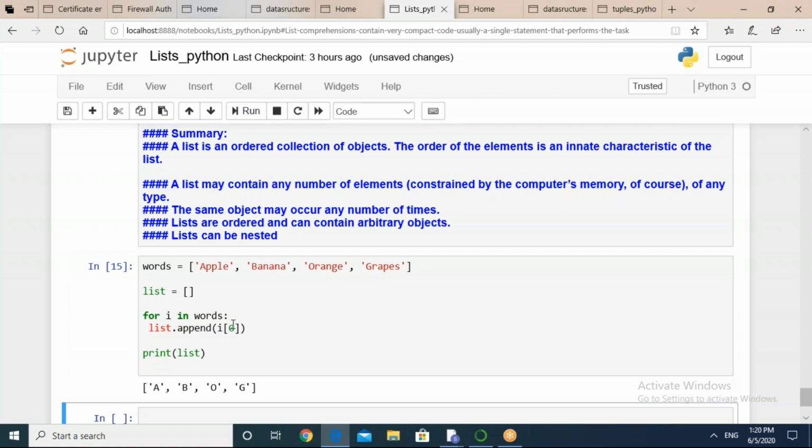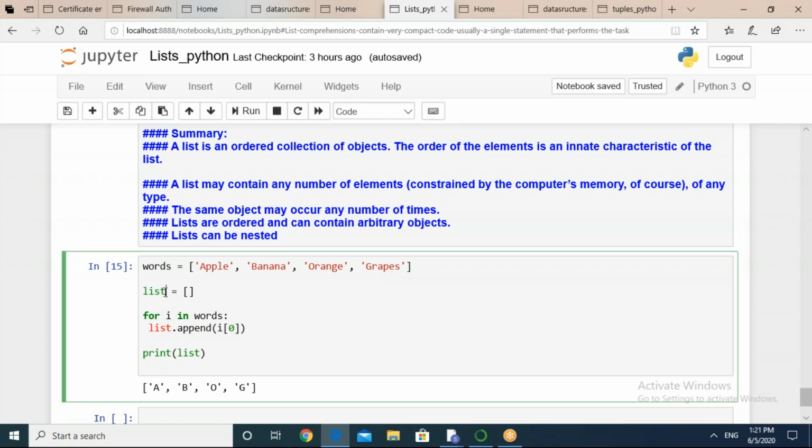So for i in words, list.append(i[0]), because I'm interested in only finding the first alphabet from every item. It will take one by one item from the list, fetch only the first character and append it to the list. And what you can do, you can use it as list1 and print list1.